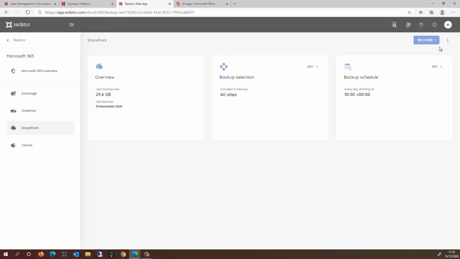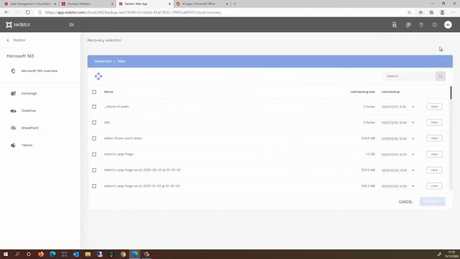So in this case I'm going to come up to the right hand side and click on the recover button and choose recover back to SharePoint. Okay, so I'm now going to choose the SharePoint site which I wish to recover from, and this has 1.2 gigs worth of data, and of course I can choose the different points in time. So in this case I'm going to choose how my SharePoint database looked like on the 13th of December, and